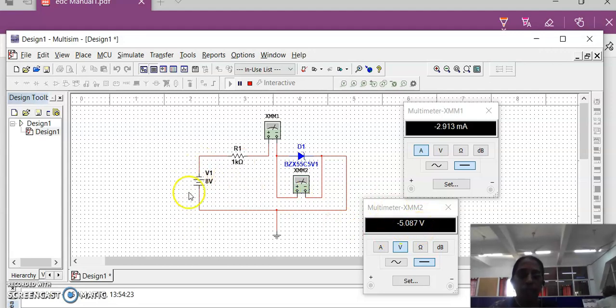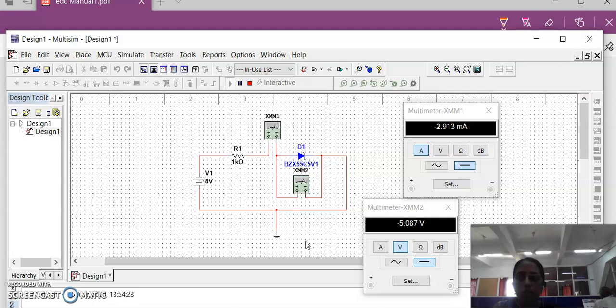That means if you vary the input voltage, we are not getting any change in the output voltage across the diode. That's why the Zener diode is used as a voltage regulator. The regulator is nothing but maintaining constant, right? This proves that this Zener diode is used as a voltage regulator.